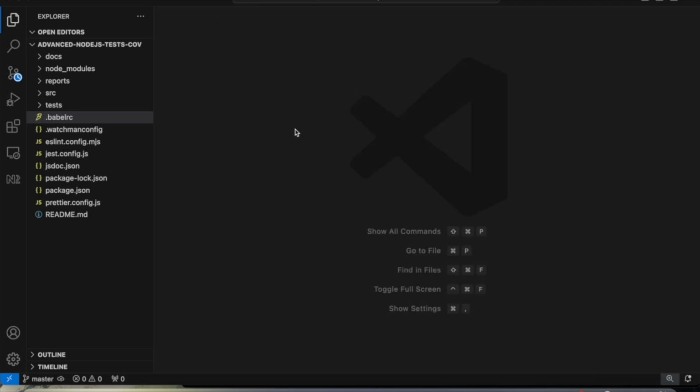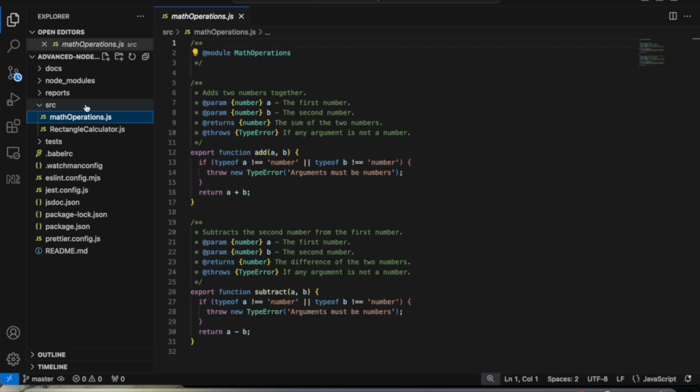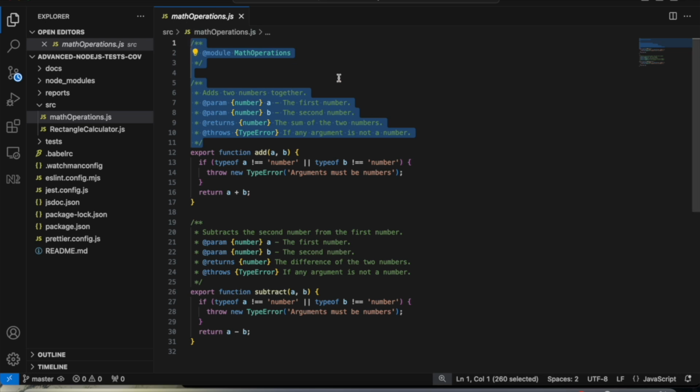Okay, so now coming back to the source and test files, we have seen all the configurations till now. Now coming back to the source, we have this math operations.js. Let me take a moment to clarify something. If you are confused about these comments and why they are in this format, basically these are JSDoc comments. These comments are used to generate the